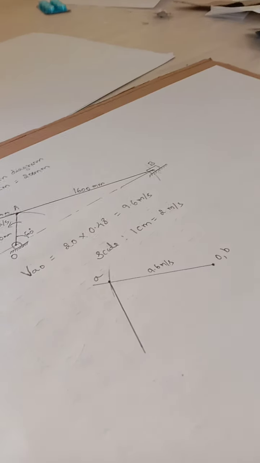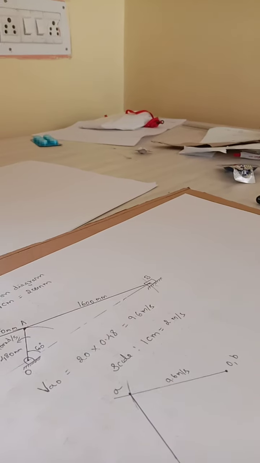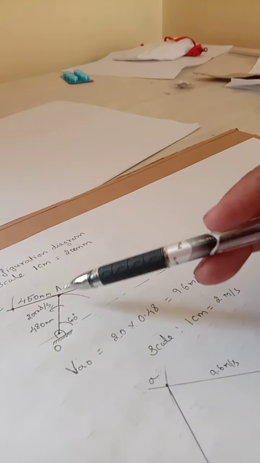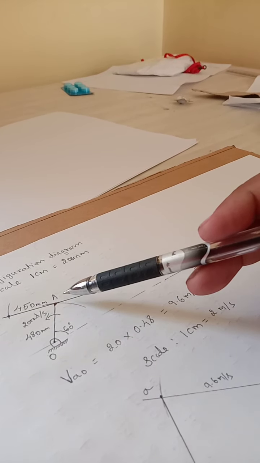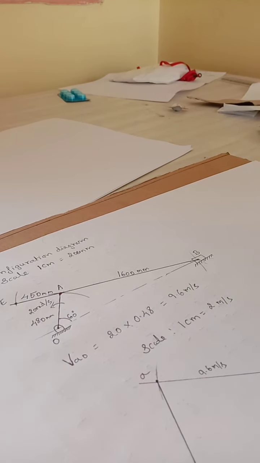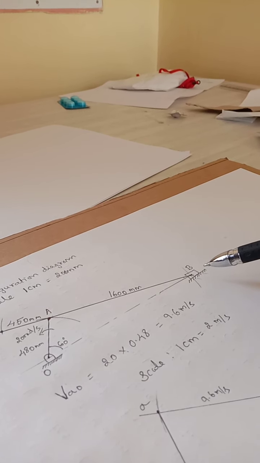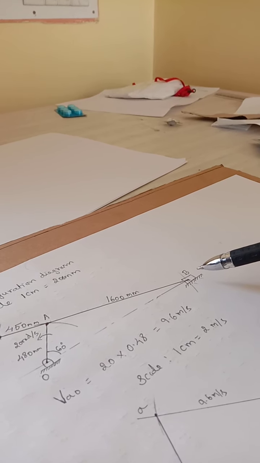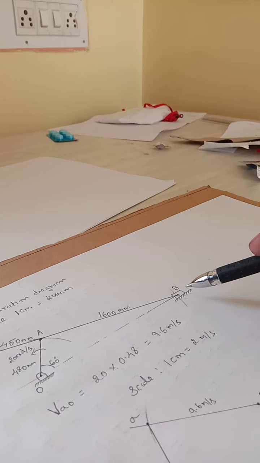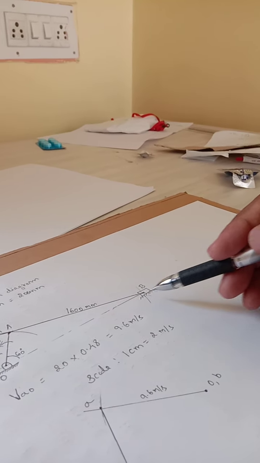Now I have finished drawing OA, that is the crank, and the length AB is also drawn. Now I am left with the slider. The difference between the 4-bar mechanism and the slider crank mechanism is that one of the links is replaced by a slider. So this is a slider, and the slider is B.